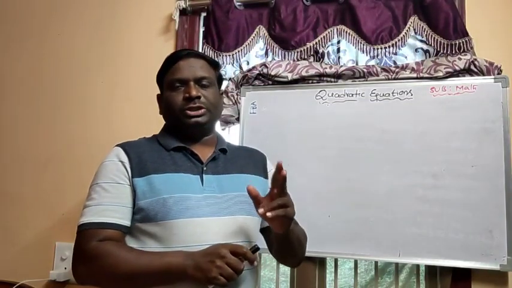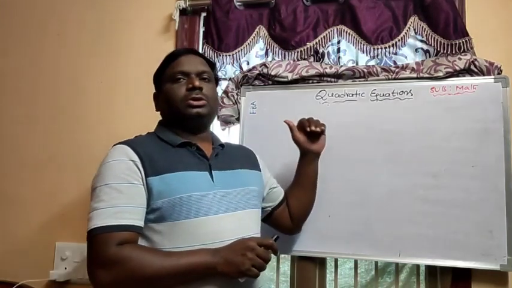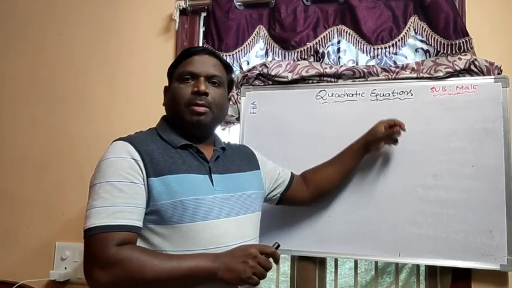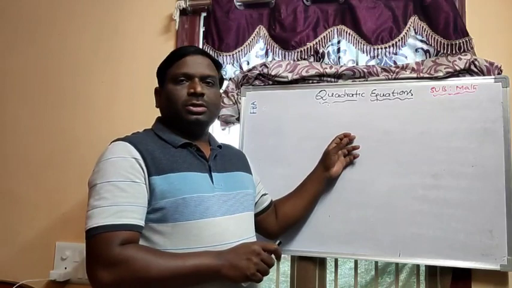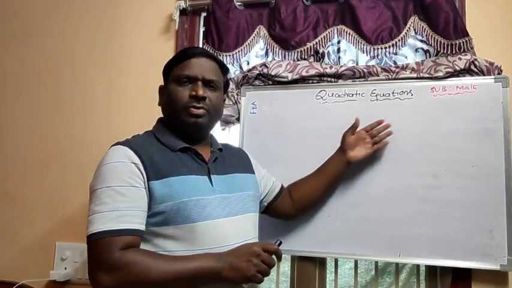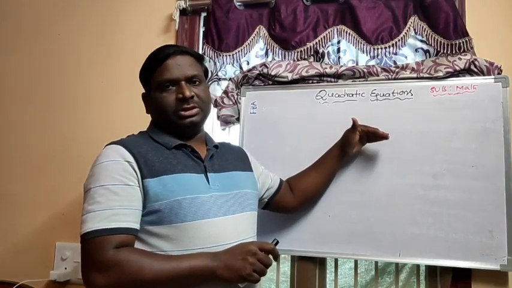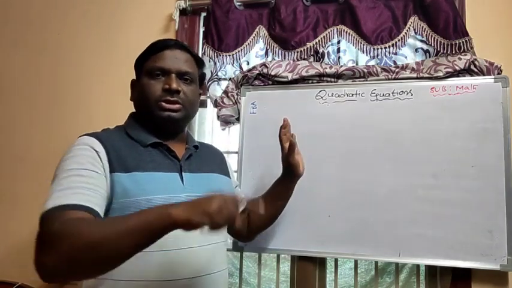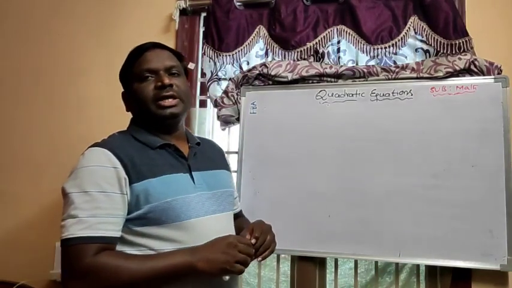Till now we have completed 2 sessions. So in this third session, we will discuss how to find the solutions of a quadratic equation by using the completing square method, and how to find the solutions of a quadratic equation by using the formula method. If you know the formula, you can substitute the coefficients of the variables in that formula, then you'll get the solutions. That is the formula method. First, we will discuss the completing square method.